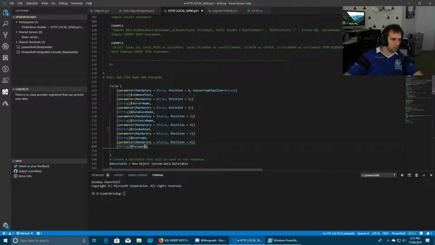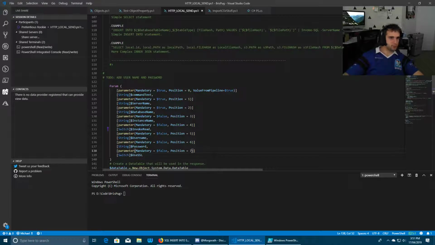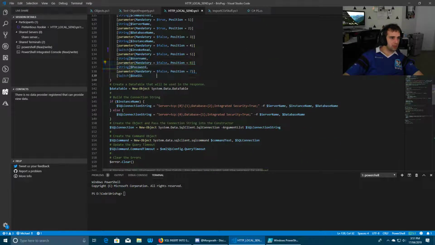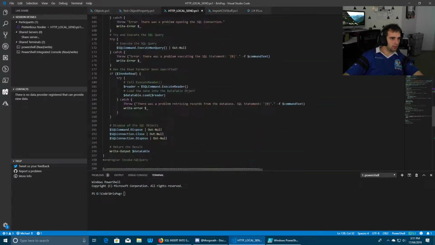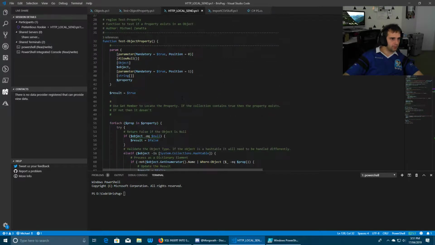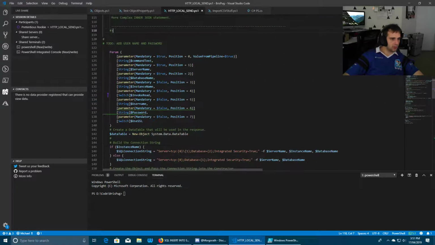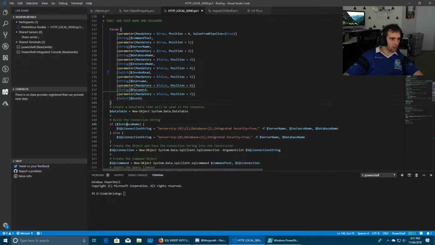We need to add an extra one, and that will basically be an SSL mandatory switch. So what we've done there is we've just added some changes. Let me quickly have a look, sorry, I'm just having a quick squiz, because we're going to build this out. We're going to build out a connection string.